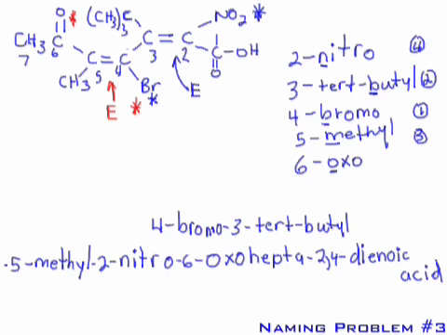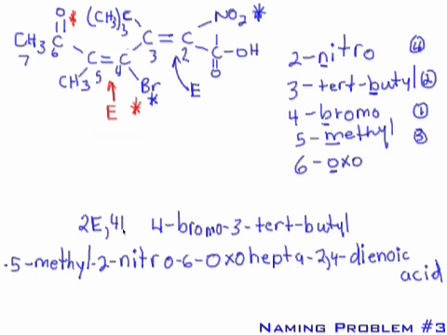Now when you have to designate multiple EZ isomers, geometric isomers, on one molecule, whereas previously you could just say E and know it referred to this double bond that had geometric isomerism. Since there's more than one, you have to tell which letter applies to which double bond. So we have to give the position of the double bond by a number, followed by the isomerism, the stereochemistry. And you always list the lowest number first. So this is a 2E, comma,